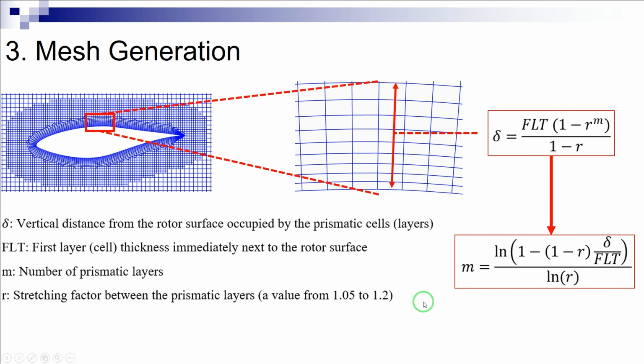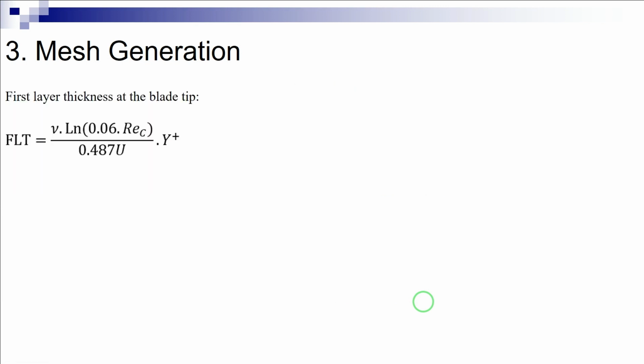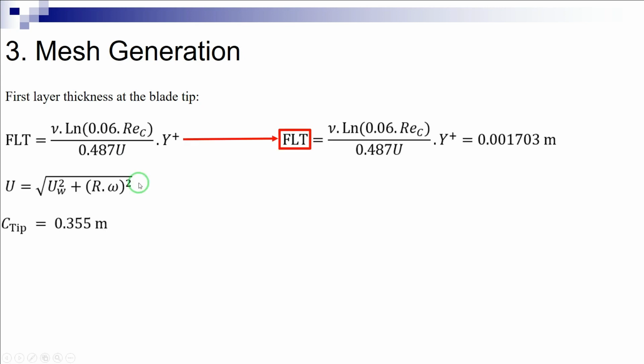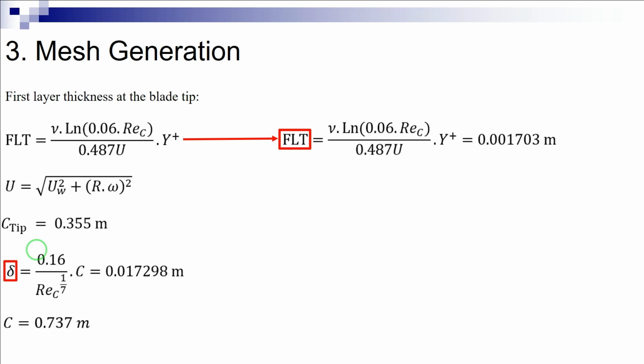Thus, the first layer thickness at the blade tip is estimated as shown here: 0.001703 meters. Moreover, delta, the vertical distance from the rotor surface occupied by the prismatic cells at the blade root, is estimated as shown here: 0.017298 meters. Note that C, the chord length at the blade root, is